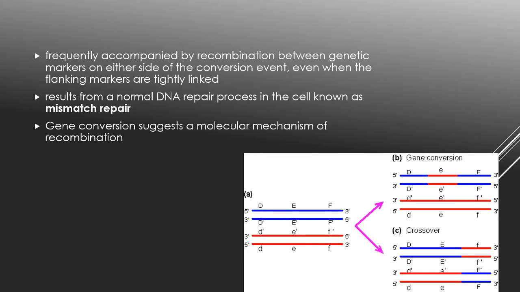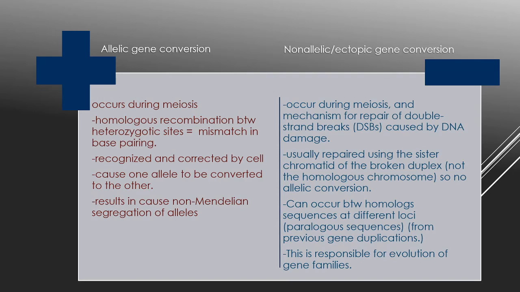Gene conversion suggests a molecular mechanism of recombination. So, the difference between allelic gene conversion and non-allelic ectopic gene conversion. Allelic gene conversion happens during meiosis. The non-allelic occurs during meiosis, but through the mechanism of repair of double-strand breaks caused by DNA damage. In allelic gene conversion, homologous recombination between heterozygous sites creates a mismatch in base pairing. But in non-allelic, the break is usually repaired using the sister chromatid of the broken duplex, not the homologous chromosome,